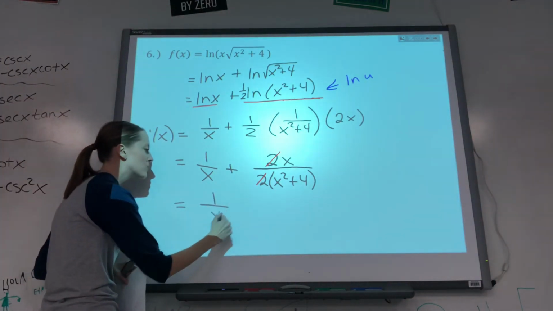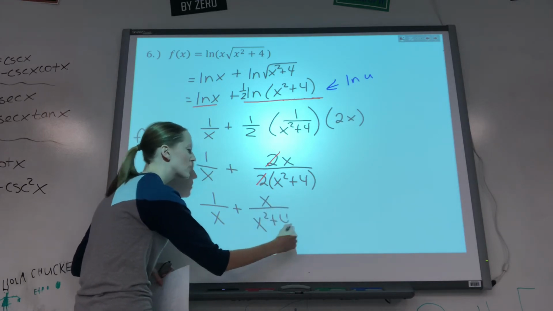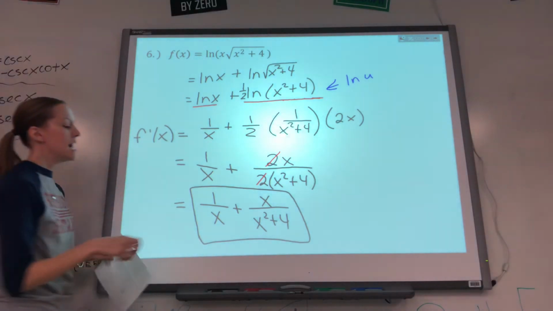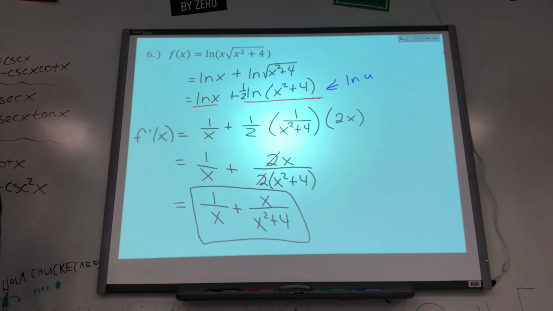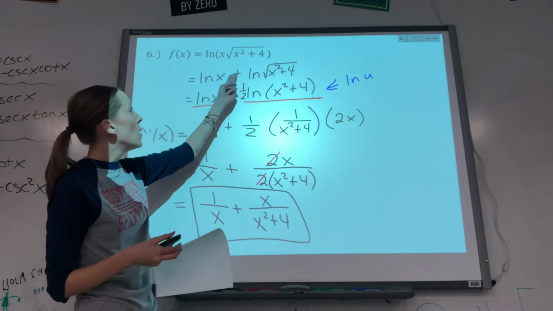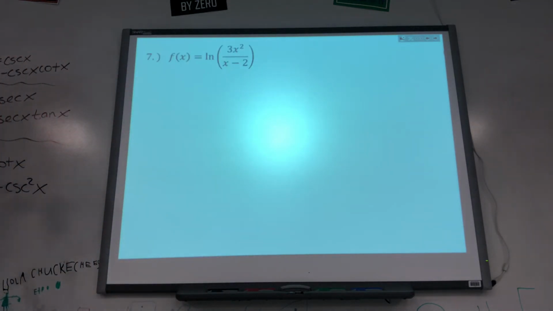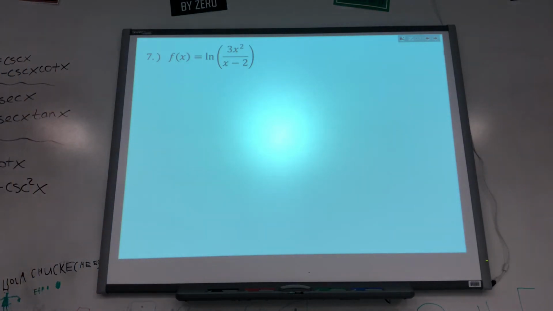And I'm going to leave it as 1 over x plus x over x squared plus 4. That would be just fine. You could get common denominators to maybe combine those, but I don't think it'll look much better. Okay, product property, plus sign. I'm going to do one more example using our last property of logarithms,